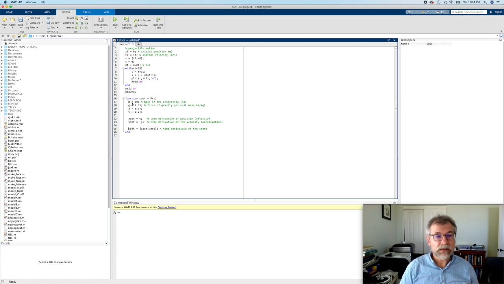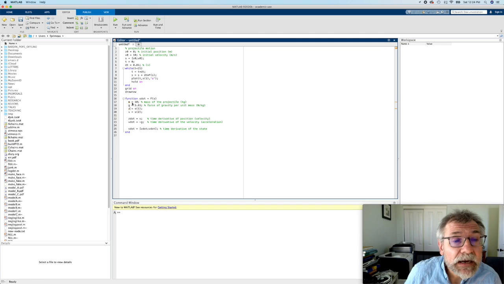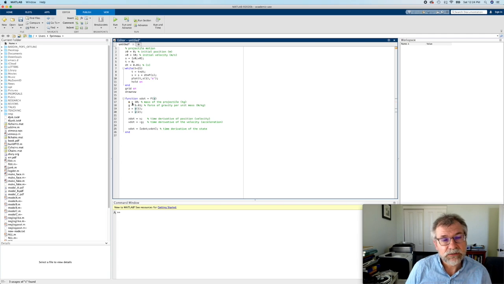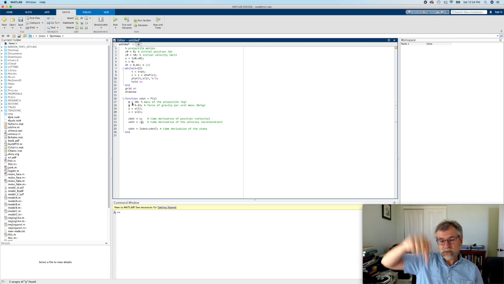All right, so this here defines the time derivative of the state, and the mass of the object is 10, g is the acceleration, 9.81, z is the height, which is given by s1, v is the velocity given by s2. z dot, the time derivative of the position, is just the velocity, and the time derivative v dot of the velocity is the acceleration, which is minus g. Remember, we put minus g because gravity points downwards. And then we pack back together the time derivative of the state, which is a two-component vector,